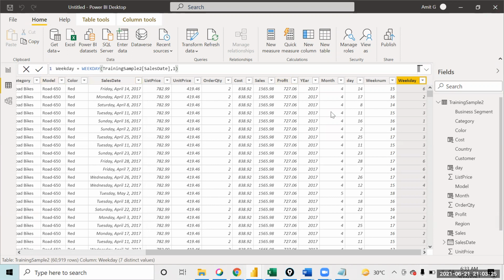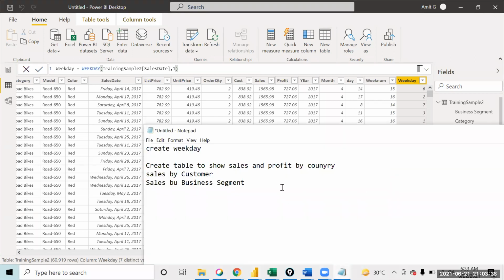See now, weekday, week number, day, month, year, we have calculated all. Now there is a function which we call format. Format is like a text function in Excel, right? What this function does is it applies a format on a numerical data.